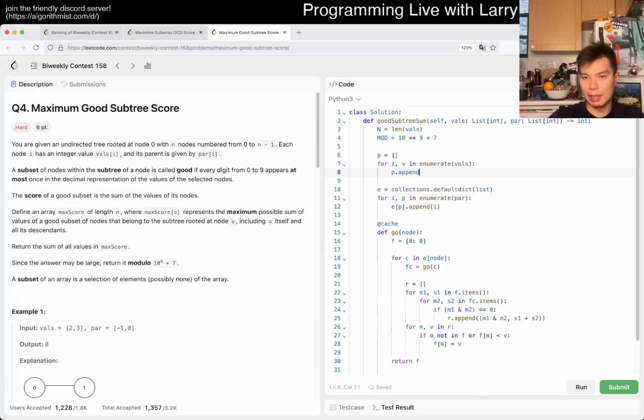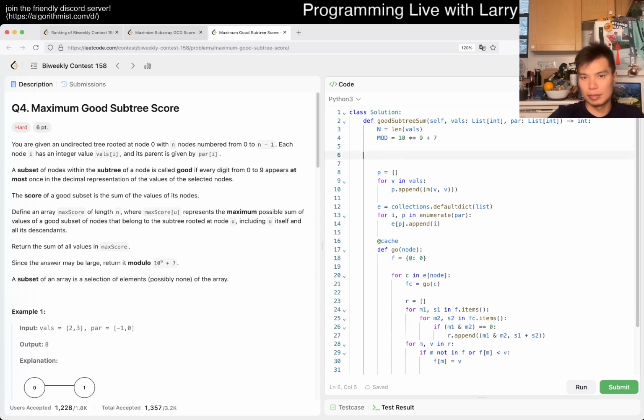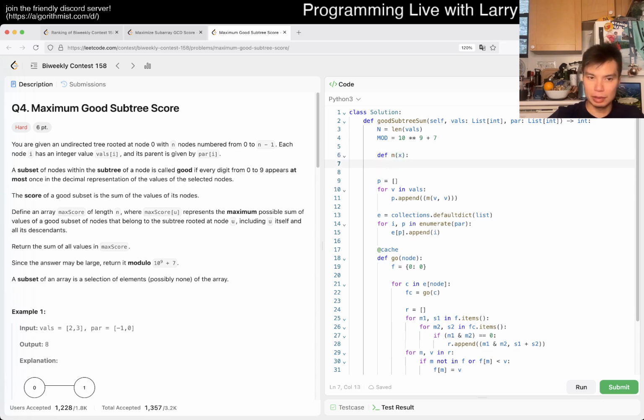P dot append get mask of v, and then just v. I guess the i doesn't matter. Just getting the mask, right? So here